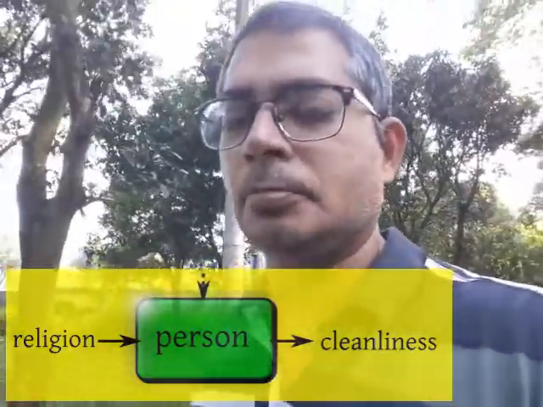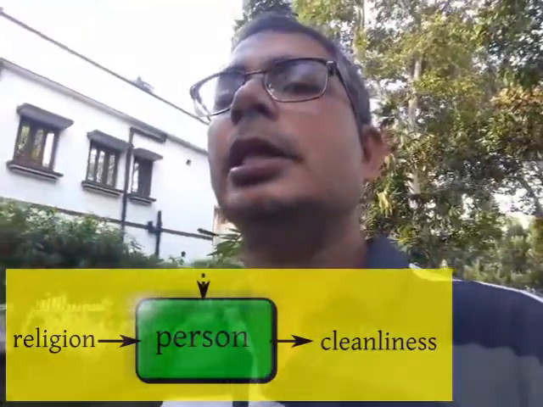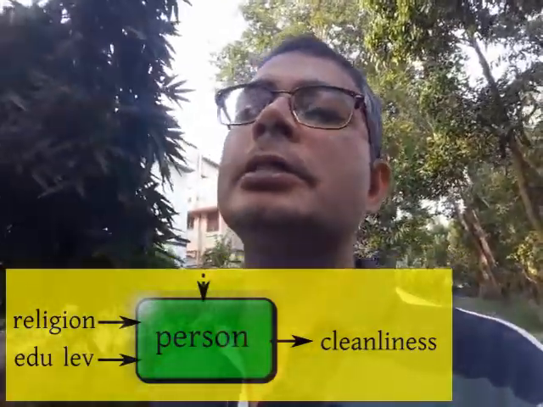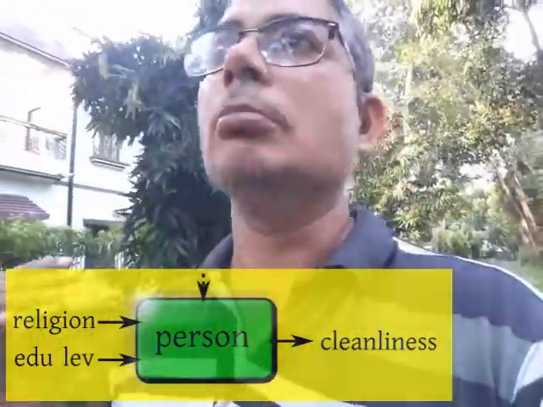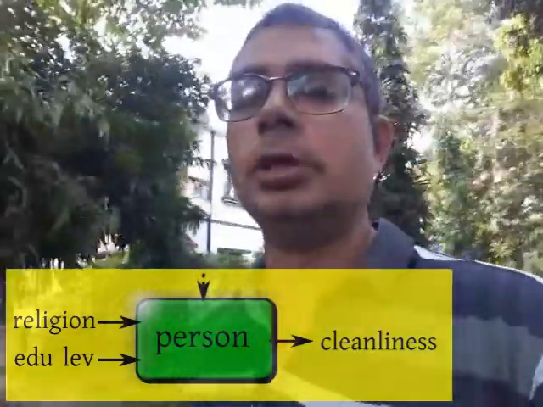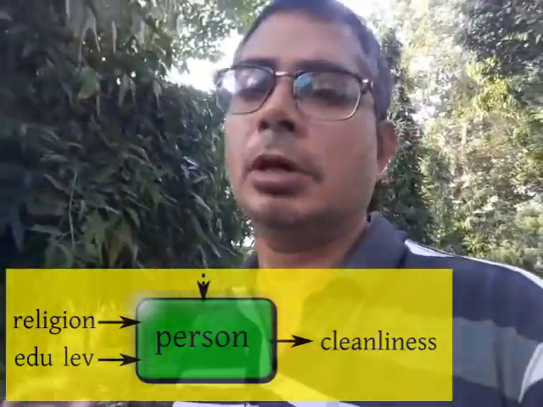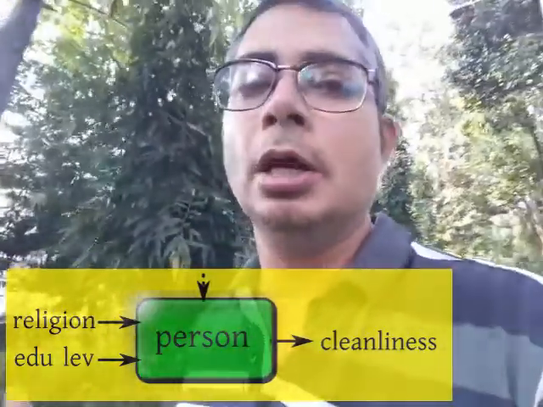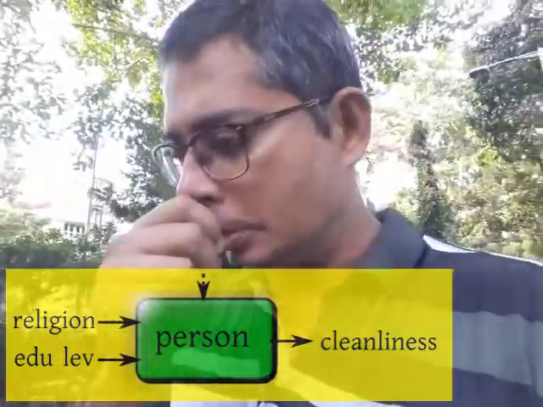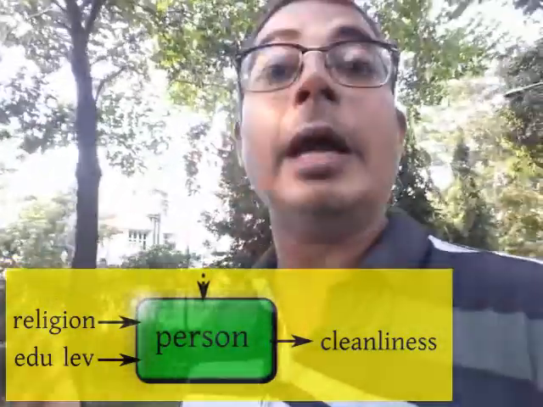However, if you look carefully, you will see that there is yet another factor playing a role, and that is the educational level. Most of the Muslims that you see in and around Kolkata also happen to be of the poorer class and low education group, because as it so happens in this part of the country, only the very poor people are generally Muslims. So the Muslims are generally poor people, they cannot afford good education. As a result,